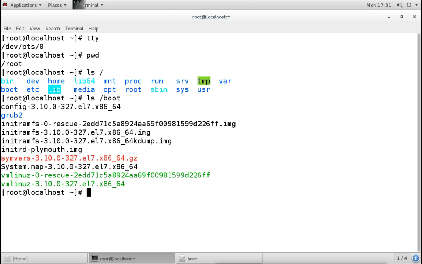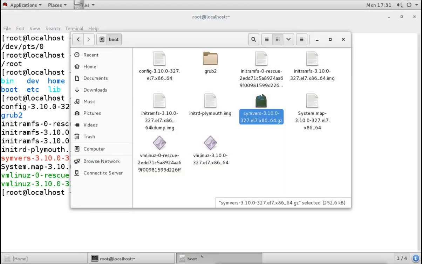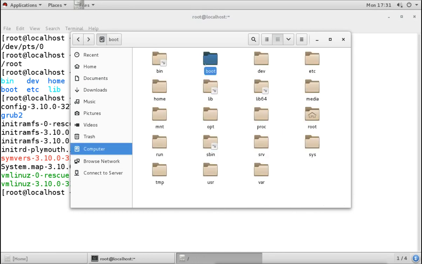lib64, lib, bin, sbin. Now these colors are for the link file. Link, which you see it is under slash, and this is the light blue color. If we go to see on graphical, we can see here that these directories are link files. As we can see, there is a small arrow here, and an arrow means it is actually a link. It is not a real directory here, it is actually only a link.